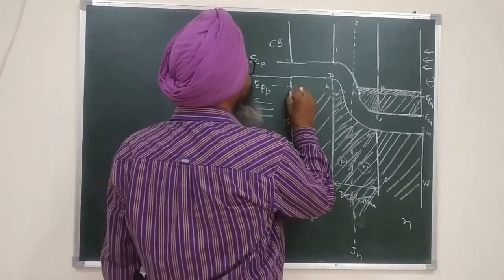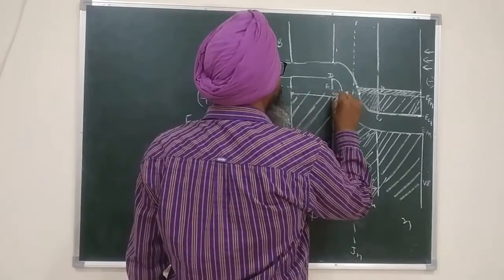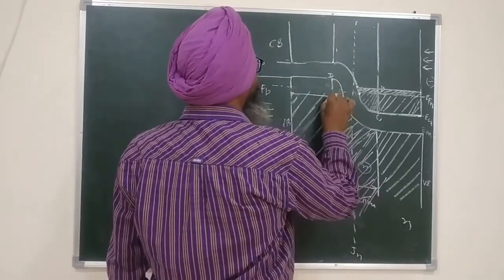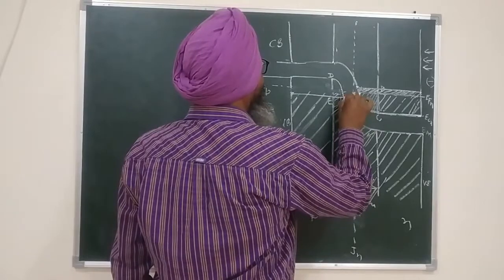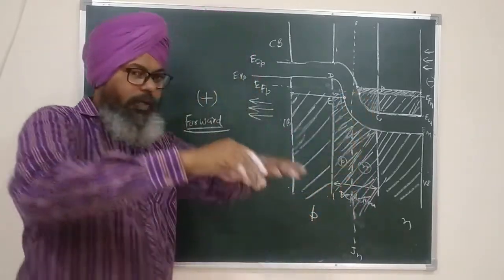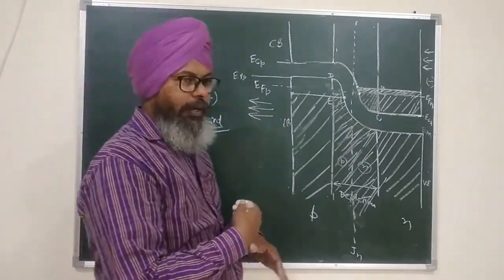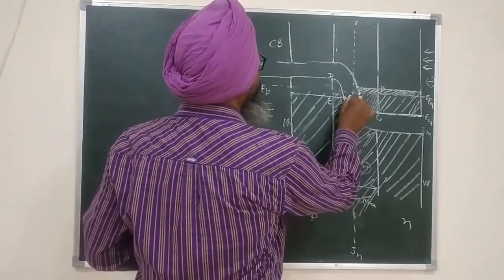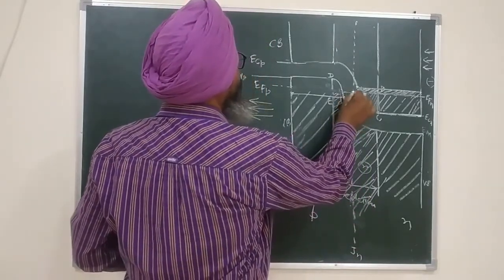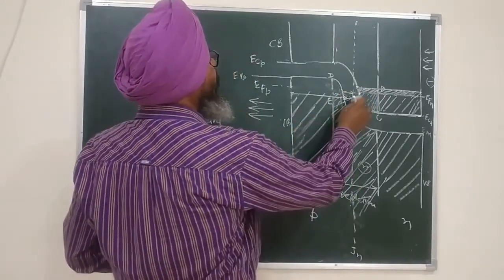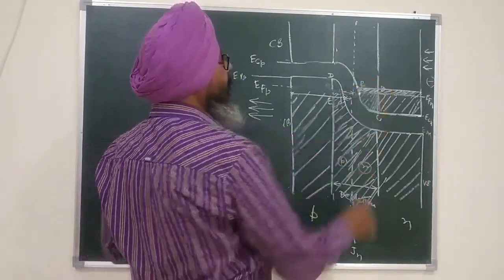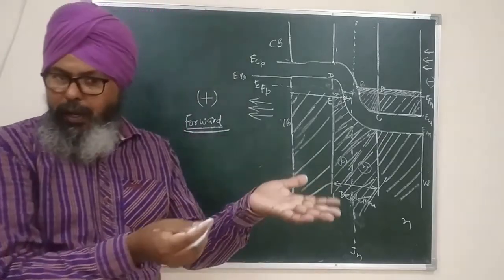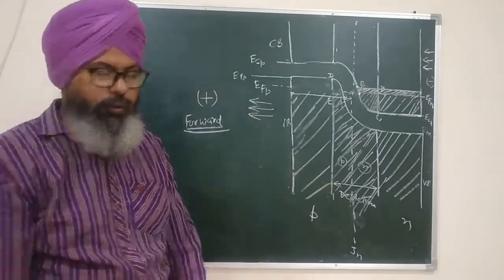So this shaded region will become unshaded, and now you can see point E will come here, and point F you can see has come down energy wise, and width wise it has approached near the junction. It is closer to the junction. This distance is now smaller than this distance. Similarly, this point B has moved upward energy wise, and width wise it has come closer to the junction.